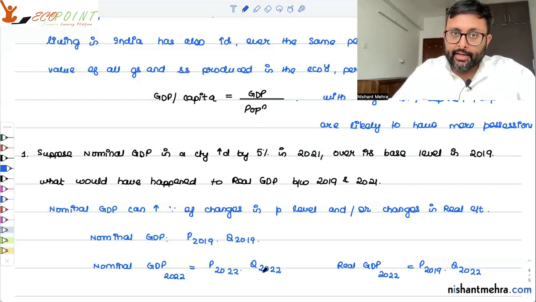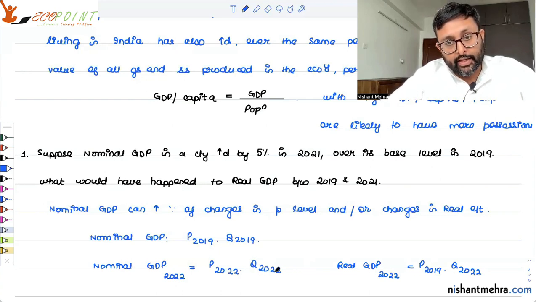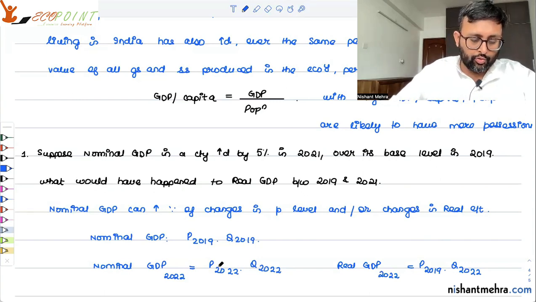But whether real GDP has increased or not, this you don't know, because ऐसा भी तो हो सकता है कि क्वांटिटी गिर गई हो लेकिन प्राइसेस बहुत बढ़ गए हों, उसकी वजह से नॉमिनल जीडीपी बढ़ा हुआ आ रहा हो, रियल जीडीपी कम हुआ। ये भी हो सकता है कि क्वांटिटी बढ़ी हो, तो फिर से रियल जीडीपी बढ़ेगा बिकॉज P2019 तो सेम है। या फिर क्वांटिटी में कोई चेंज ही ना हो, राइट? सो इट कैन बी व्हाटएवर, यू डोंट नो।